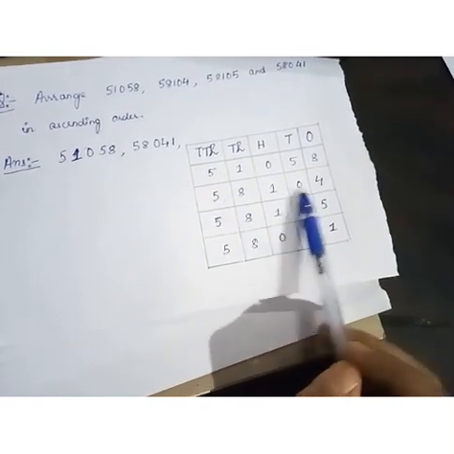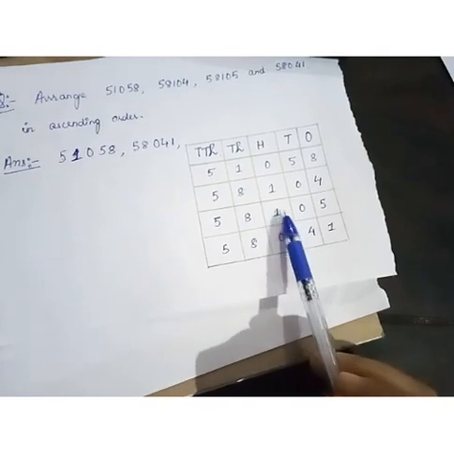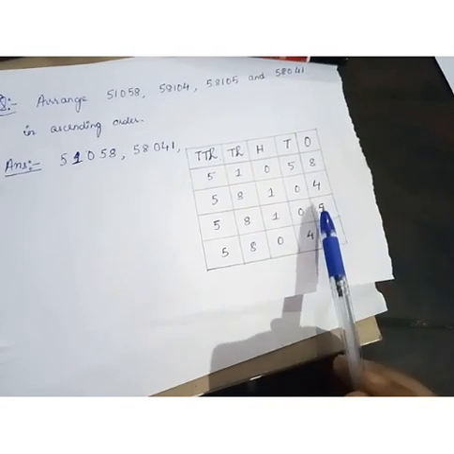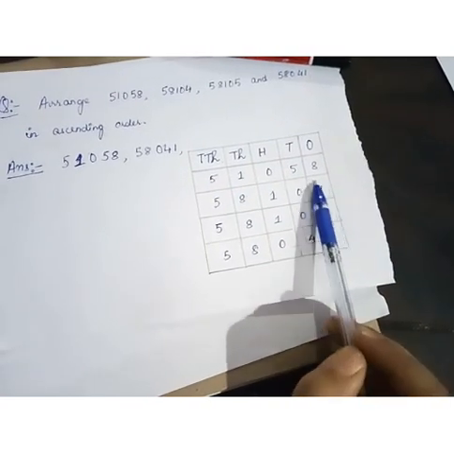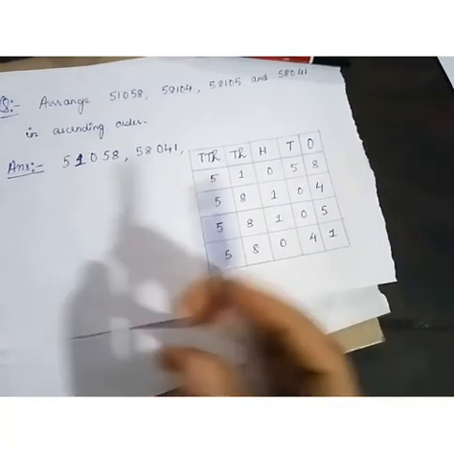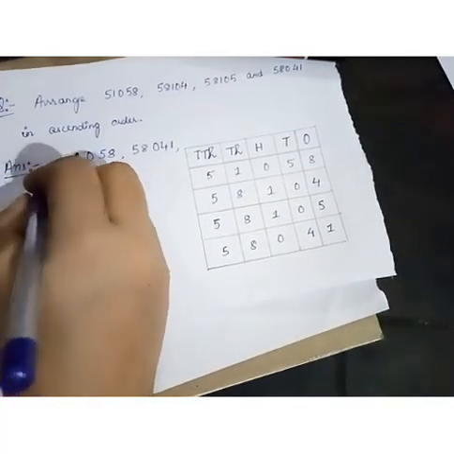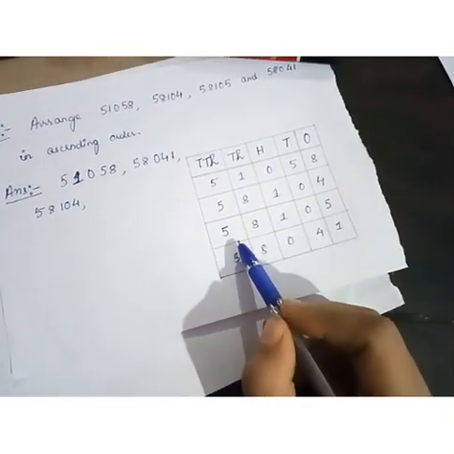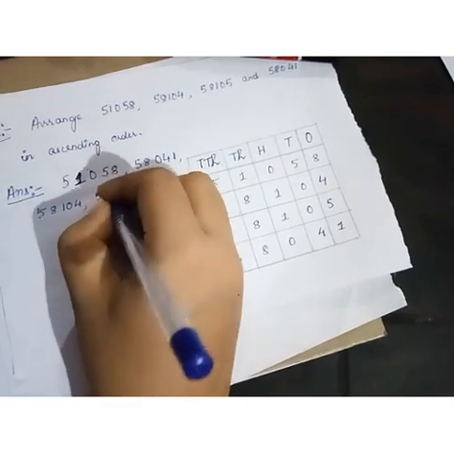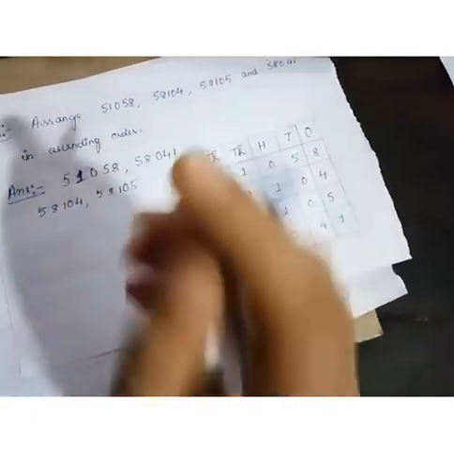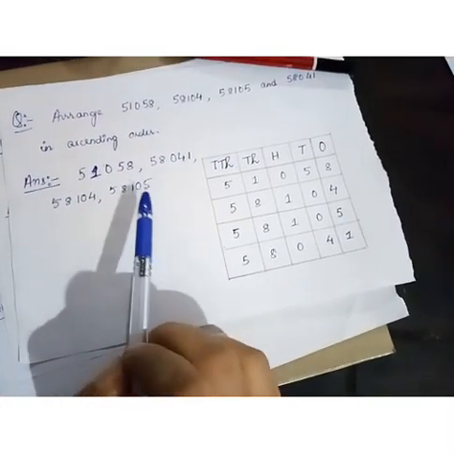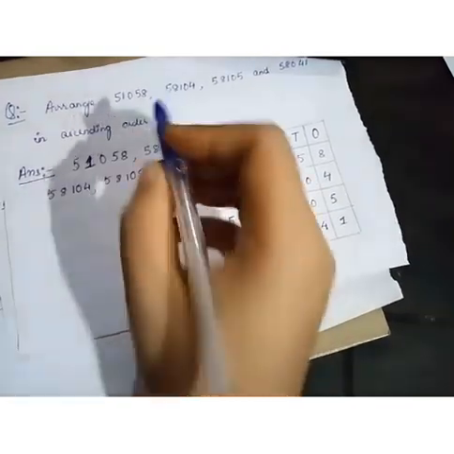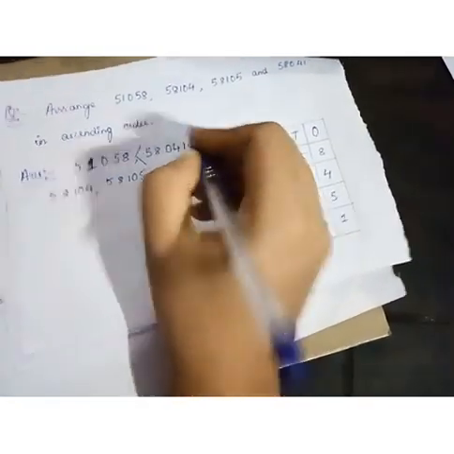Now I have only these 2 rows left. 581, 581, same number. 00, same number. In the last ones place, we have 4 and 5. Which is the smallest here? Obviously 4 is smaller than 5. That means the third number will be 58104. Now the last row has no number to compare, so we put it last: 58105. This is how we arrange in ascending order, from smaller to bigger. And one more thing, you can put the sign in this way if you want.